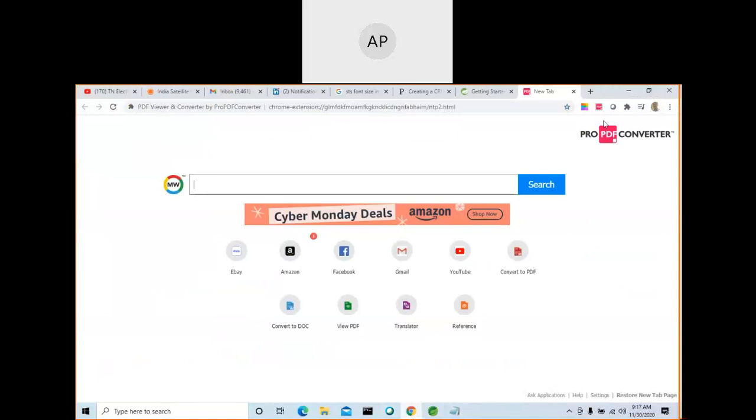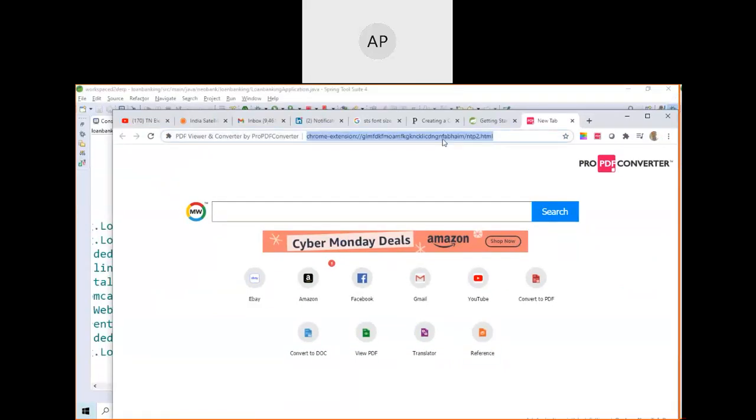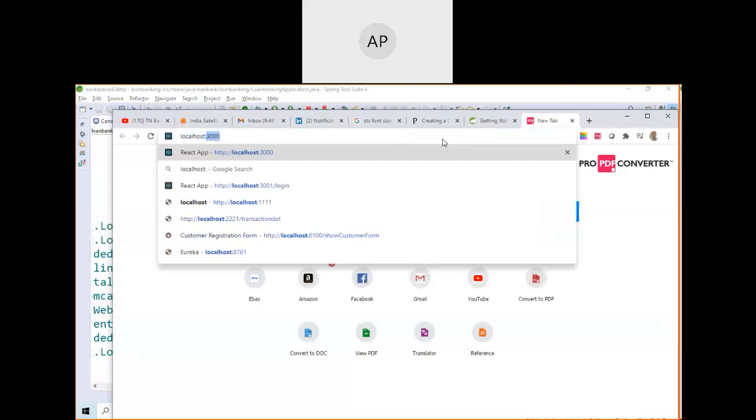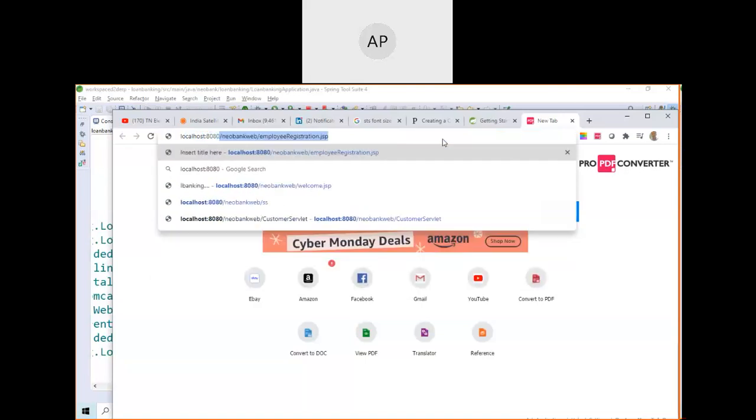Go to the browser, and now your application is ready. Use localhost 8080.